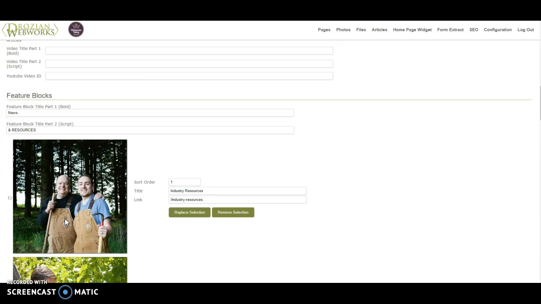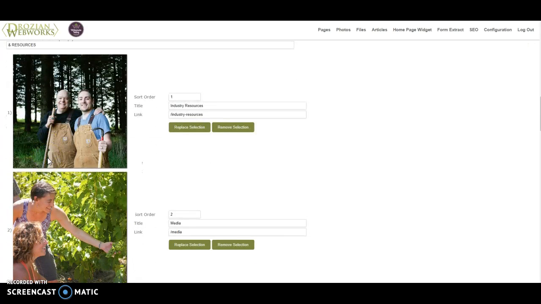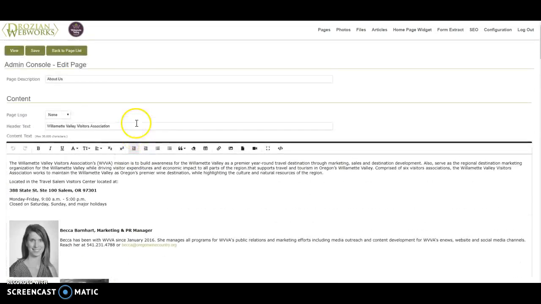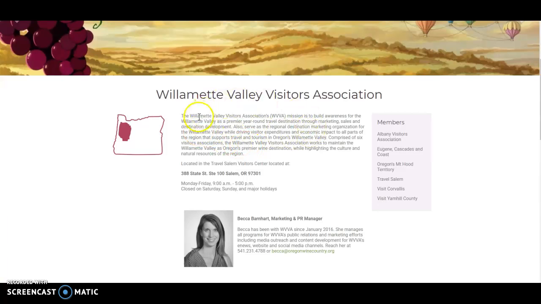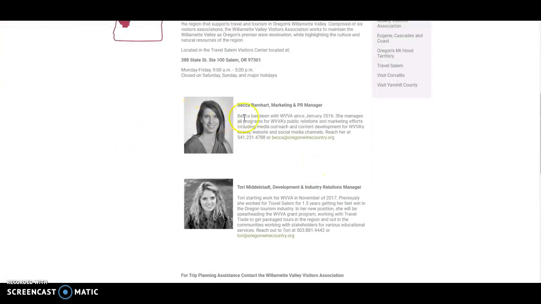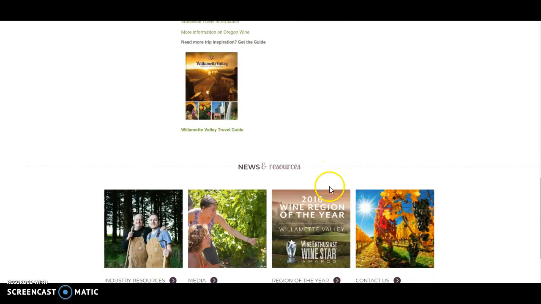elements to display. In our new page builder, each of these individual design elements becomes its own widget, if you will, that can be moved anywhere within the page. And you can have an infinite number of widgets within the page. So for example, on this page, if we look at it, maybe here we would want to have a text block, and then a set of featured pages, and then the information about Becca and Tori, and then another set